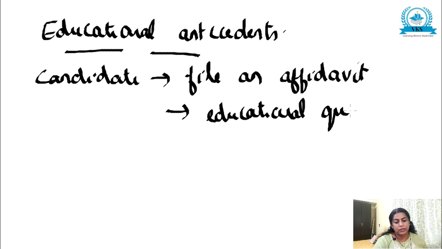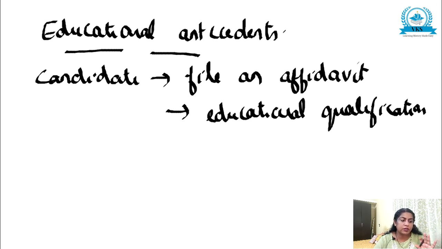The candidate's educational qualification, they have to file an affidavit in which all the details regarding their educational qualification are given. Although the Constitution has not mentioned any education qualification, this disclosure enables the voter to elect a qualified person. There is no peculiar qualification which a person should have for contesting an election. The Constitution has not mentioned anything like that.